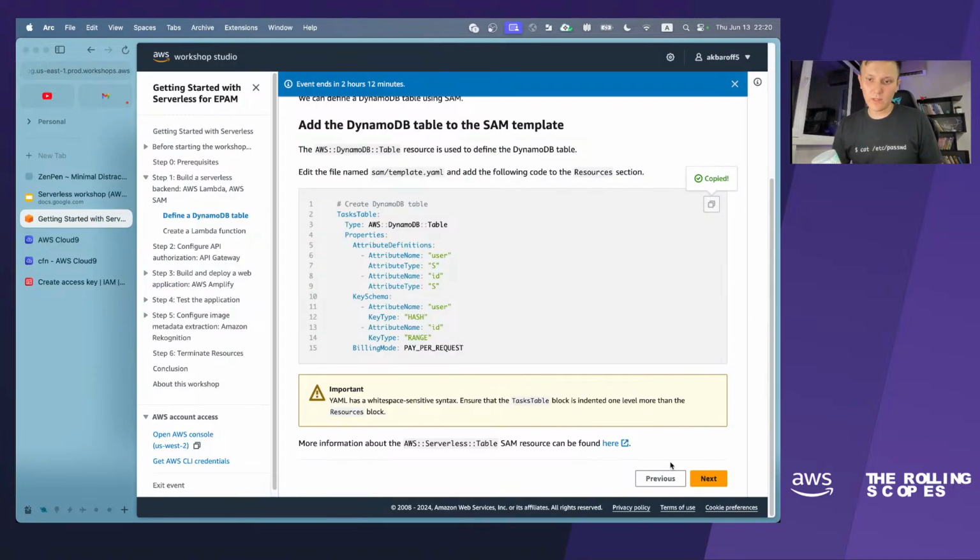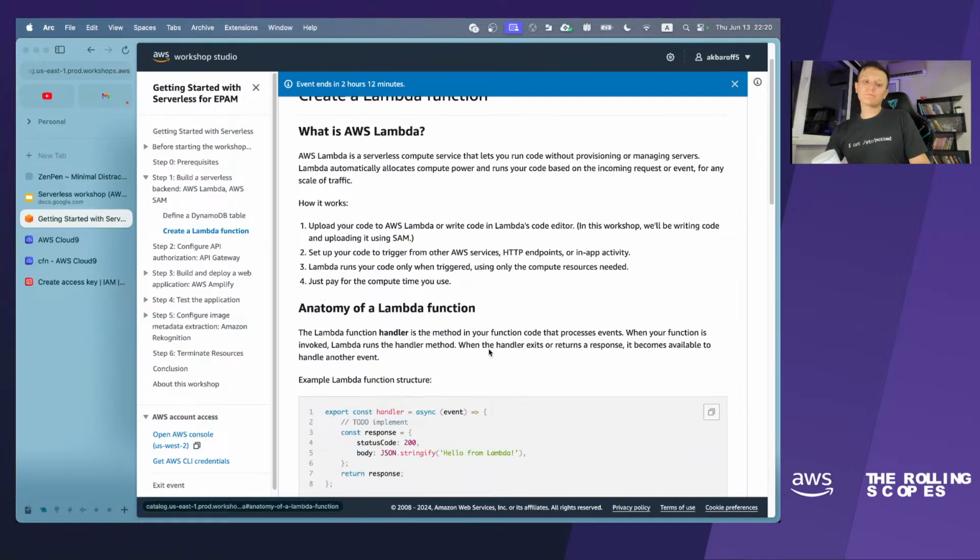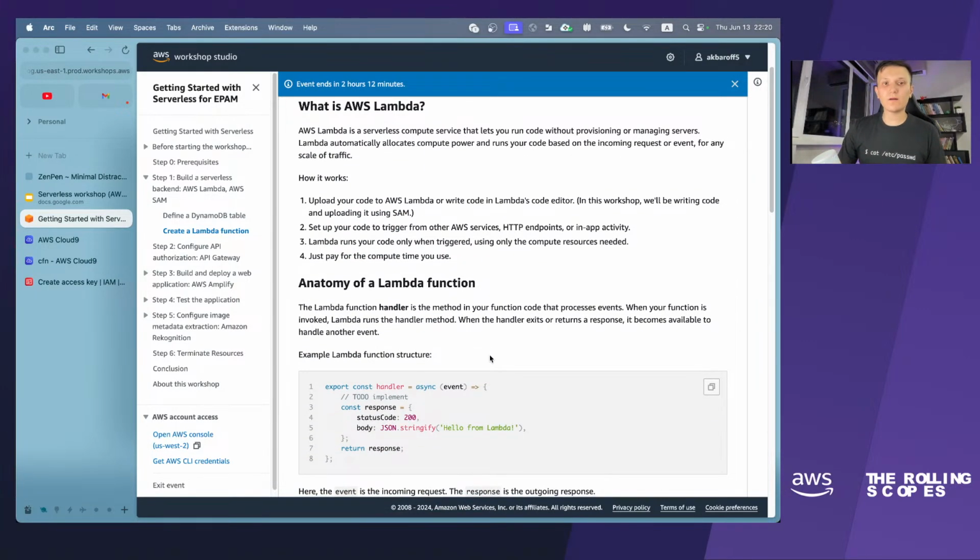Let's move on. The next step is to create one more Lambda. So, it is not creation of Lambda, it is about the Lambda code. As I said before, Lambda is very simple. Lambda is just running the code which you have provided to it.